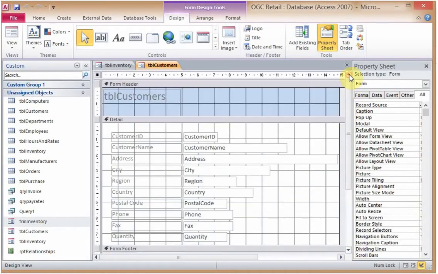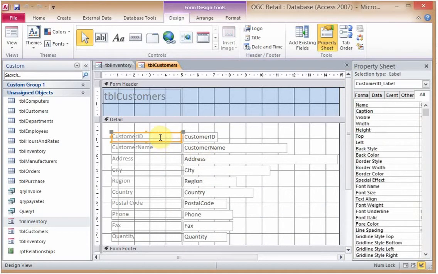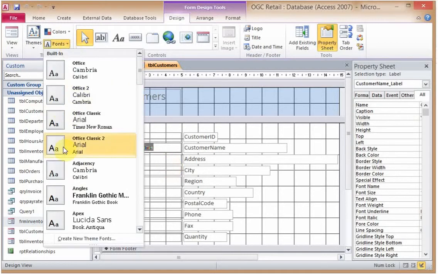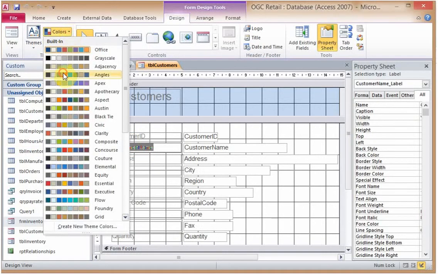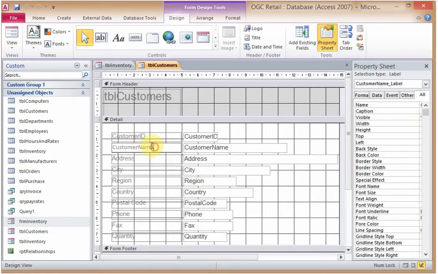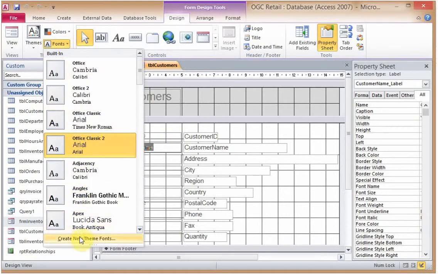Now, if you look at what we have in here, we've got, for example, this text box that displays the form name. This is the customer ID, and we've got the customer name here in the form. So if we, for example, want to change the fonts in this form, we can go in and change the fonts and how the font looks. We can go in and change the colors if we want to change the colors in the form and how the form would look. So we can basically do everything that one would do